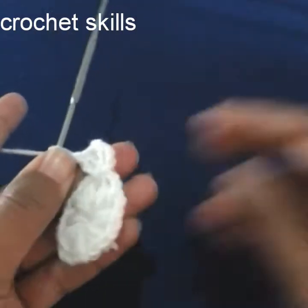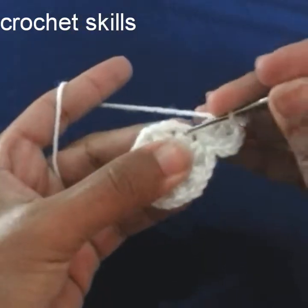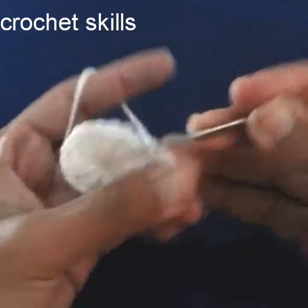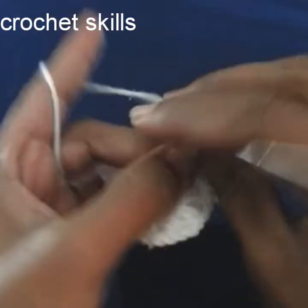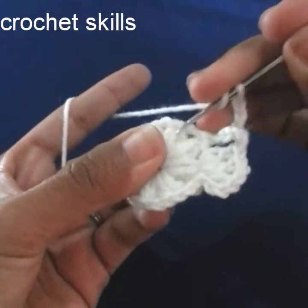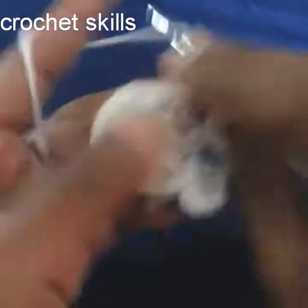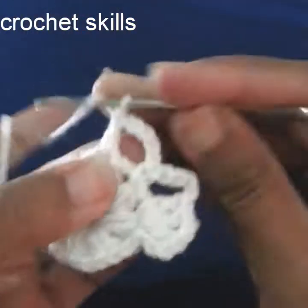Chain 5. In the next puff stitch on this top, make a single crochet. Chain 5. On the top of the next puff stitch, we will work another corner with 2 double crochets, chain 2 and